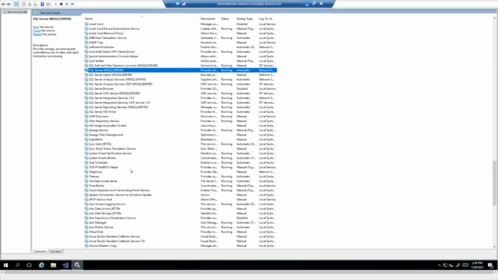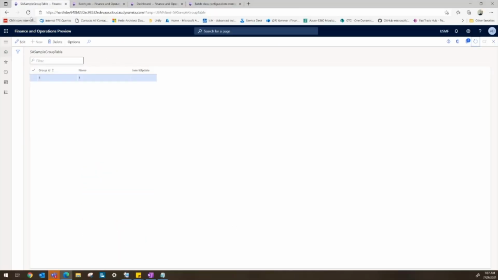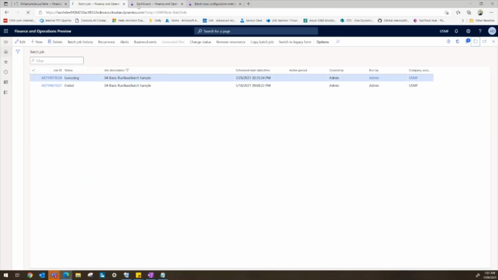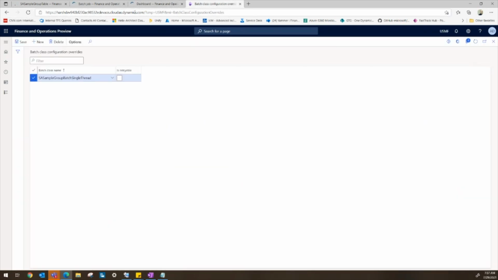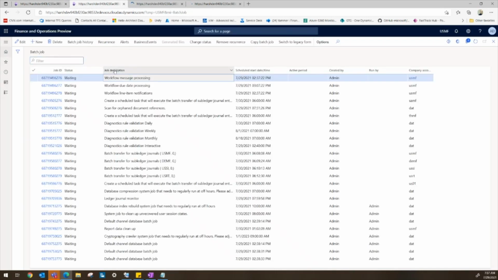Okay, yeah. And I should mimic the SQL transient issue by stopping the service. I'm not going to refresh the browser now. I will quickly restart my service and refresh my screen. What happens in this case is that it will error out my batch job. You will notice it will not proceed or retry executing the logic. It will actually fail. So I quickly want to refresh my session and then show you the batch history.